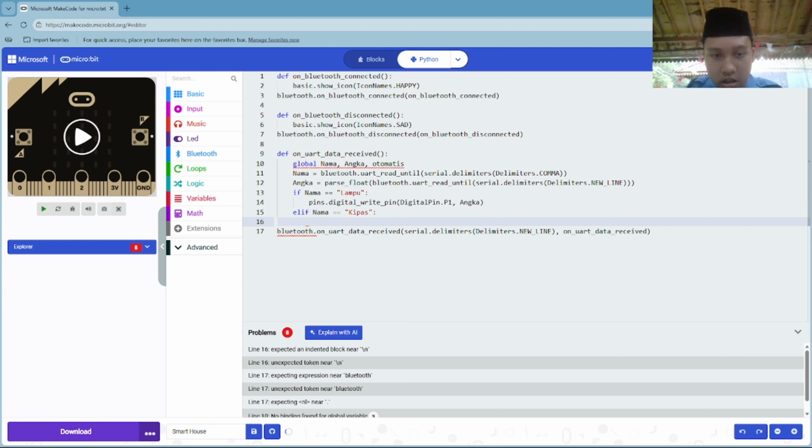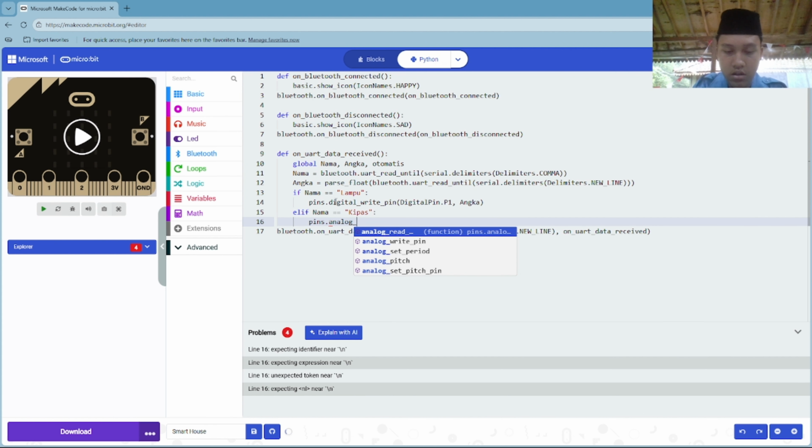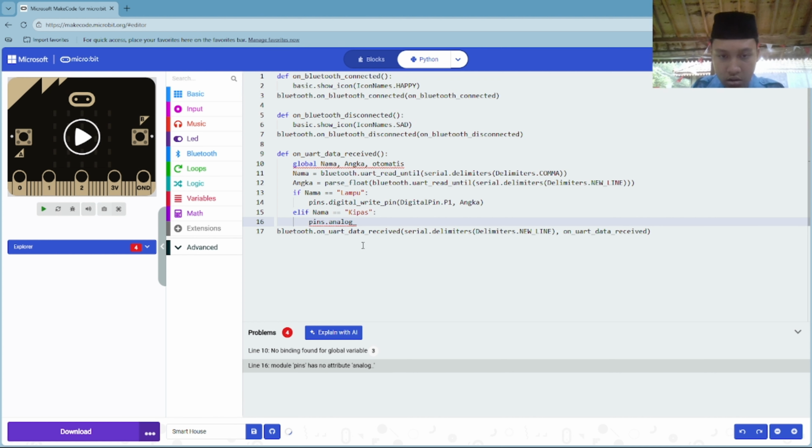So in the field of nama there is pins analog write pin, and then close bracket analog write, and then analog pin, and then the pin is pin 3.